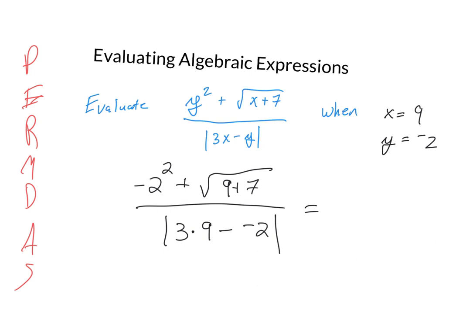So I'm going to start with parentheses, and again, we don't have any specifically designed here, but we have implied parentheses underneath the square root and inside of the absolute value, which means I can do what's inside the square root first. So I'll have negative 2 squared plus the square root of 16 all over, and then I can do what's inside of the absolute value. There's multiple things going on inside the absolute value, so there's no exponents, there's no radicals and roots, but there is multiplying, so multiplying happens next. So then I have 3 times 9, that gives me 27,